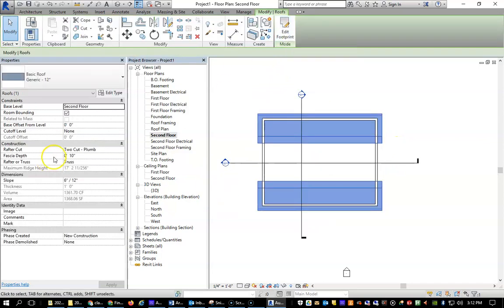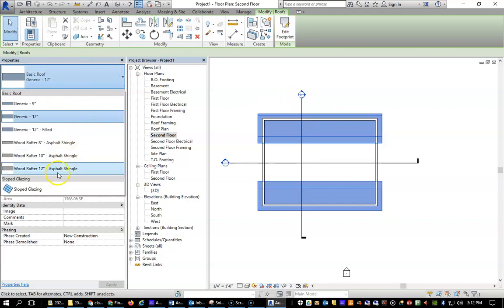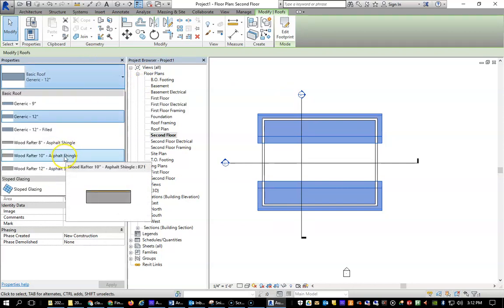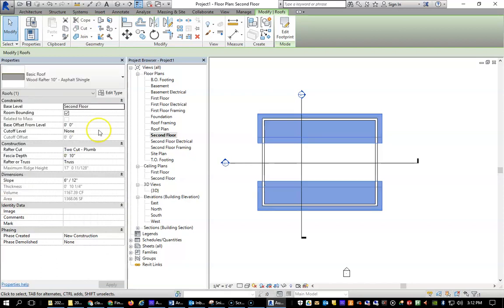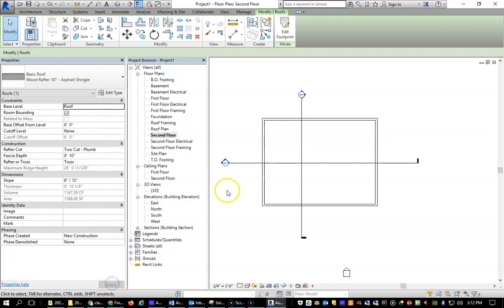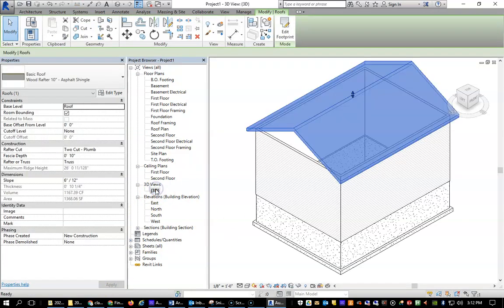Oh, I put the roof on the wrong level again. And I picked a basic roof. So I want to switch it to, what did I say? 10-inch rafters with asphalt shingles. So I want to switch it to that, and I want to switch the level to the roof. Easy enough to do. If you made a mistake, we now go to our